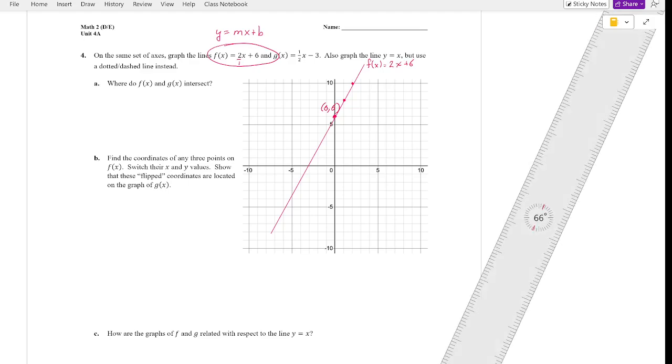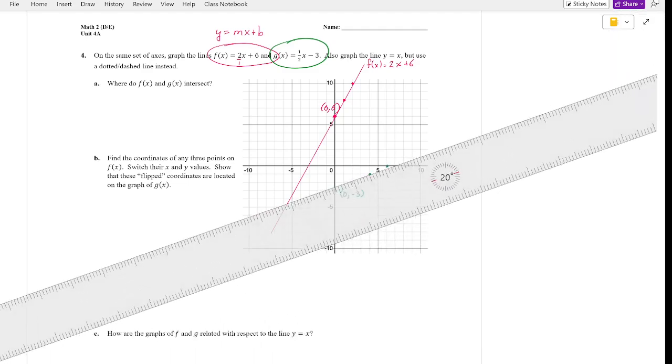And then I've got this line over here, g of x equals 1/2 x minus 3. So I'll do that one in green. If x is 0, y is negative 3. So I'm going to come down here, (0, -3). And then the slope is 1/2. So up 1 over 2, up 1 over 2, up 1 over 2. And if I draw this one out,